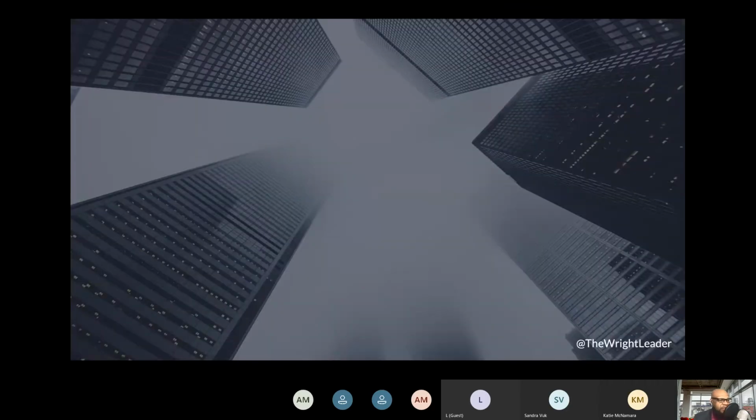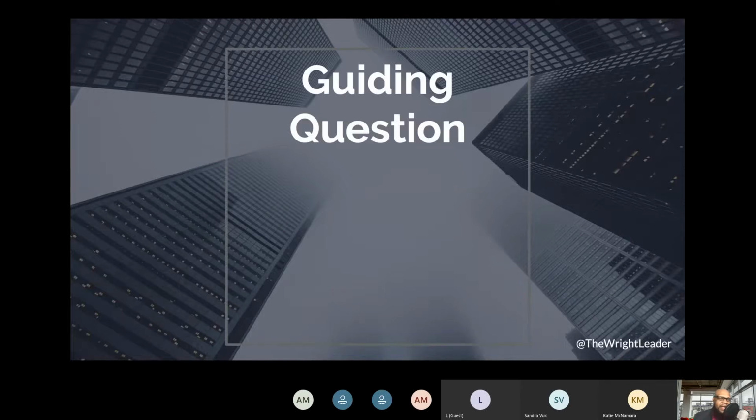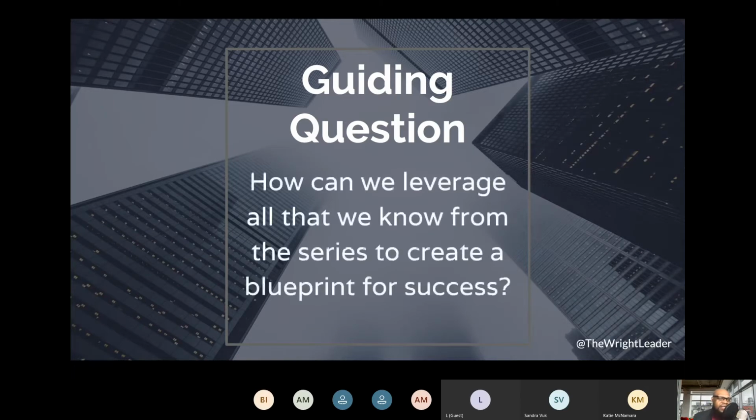So let's go a little bit deeper and really look at, of course, a guiding question. And if you have been with me on any of the sessions this summer as part of the Global EdTech Academy, you know that every session I like to include a guiding question because it does really just that. It helps to guide our thinking throughout our time of sharing and exchanging ideas. And so really it's this: how can we leverage all that we know from the series to create a blueprint